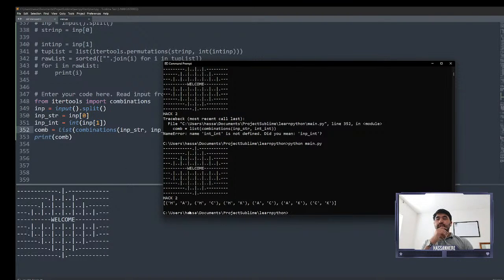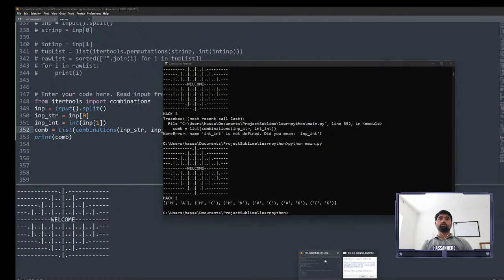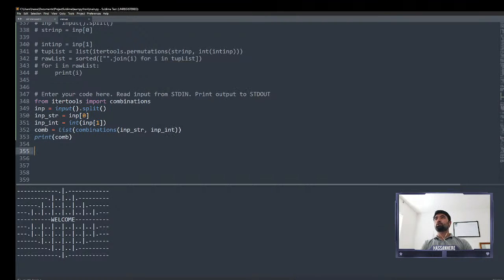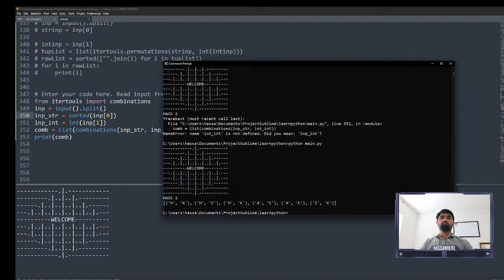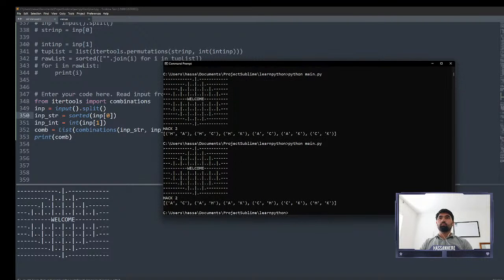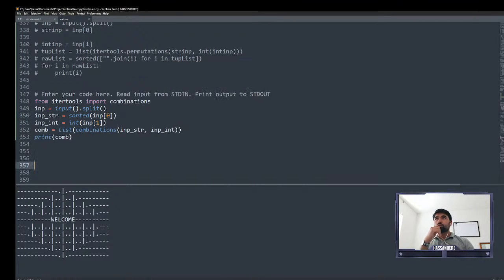Since they are saying if we have an already sorted string, we don't have to sort it later on, right? We can sort it in the start. Sorted. Okay. AC, AH, AK, CH, CK, HK, right? And but before that,